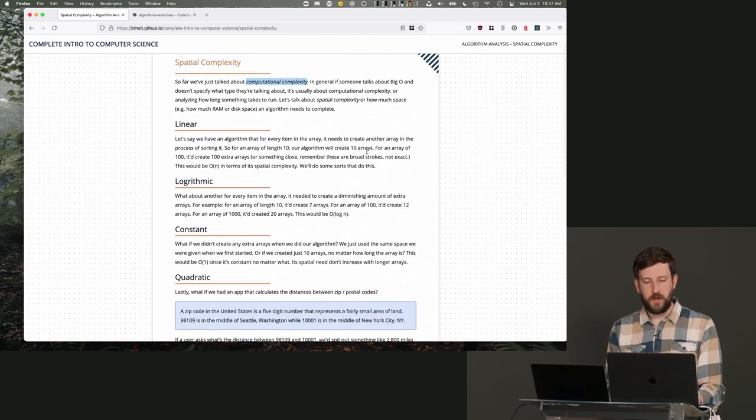So if we're going to do something that's linear, right? And you remember linear is big O of n. If it had linear spatial complexity, that would be, say, like if we had an array of 10 items, our algorithm would probably create 10 arrays, right? So you can see here when we take an array and we make more arrays out of that array, that just tends to churn up RAM space. And for something like a PS3, which is very, very memory limited, that can be a bit of a problem because if you're churning through a lot of memory, that ends up being a really bad user experience, right?